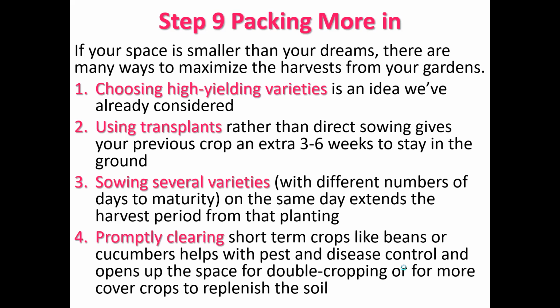You can look in the catalog description for high-yielding or very productive, words like that. Of course, you also want to look at flavor and reliability and all those things. Using transplants rather than direct sowing will give your previous crop an extra 3 to 6 weeks in the field. You can sow several varieties of something with different numbers of days to maturity, and that will spread your harvest